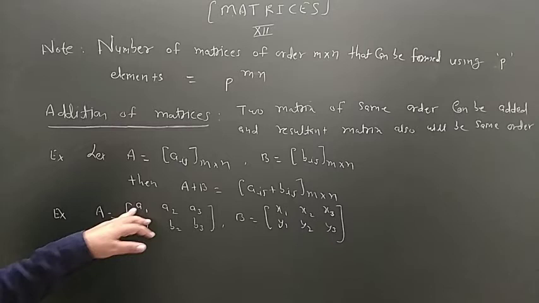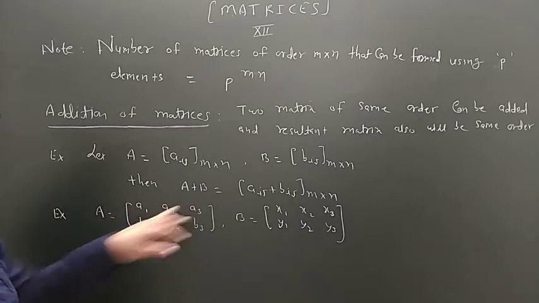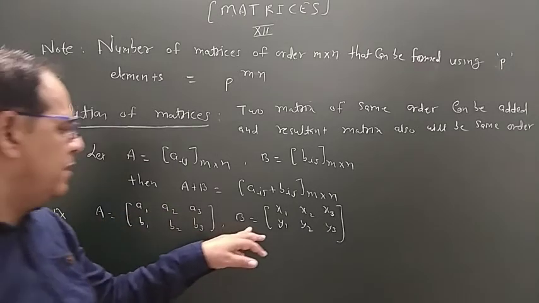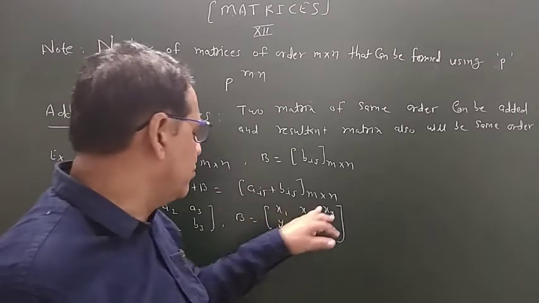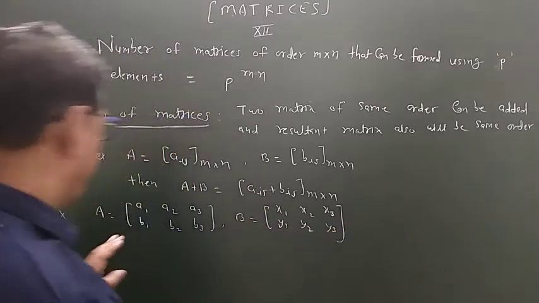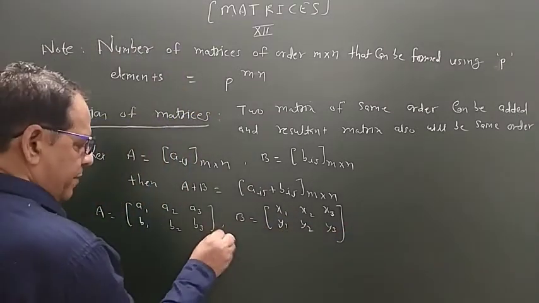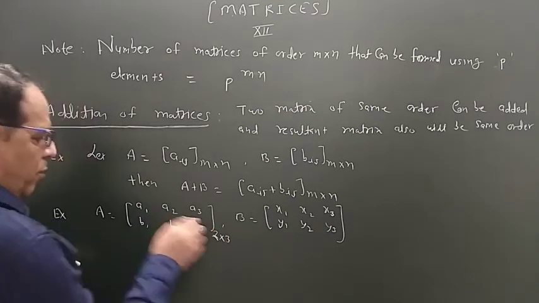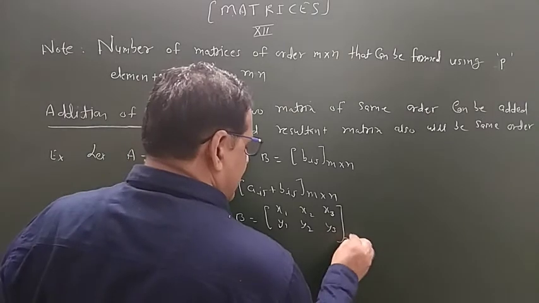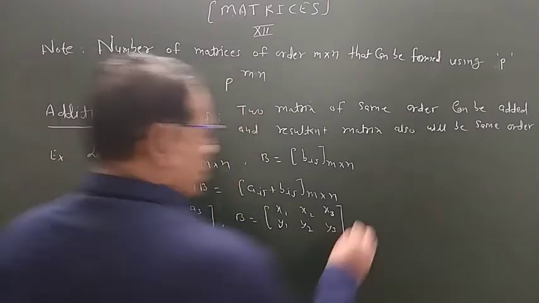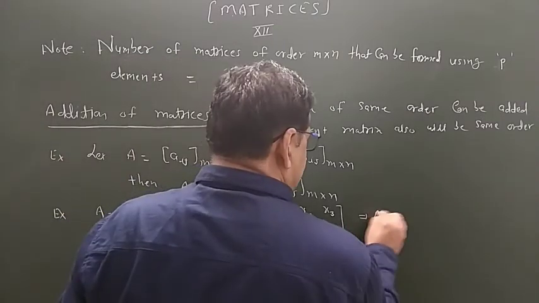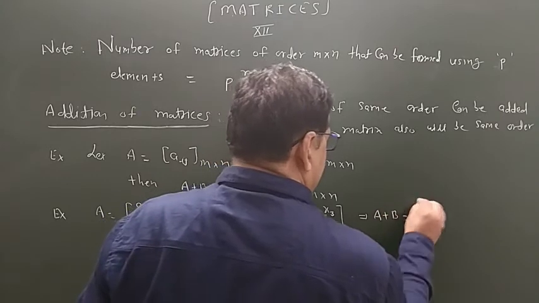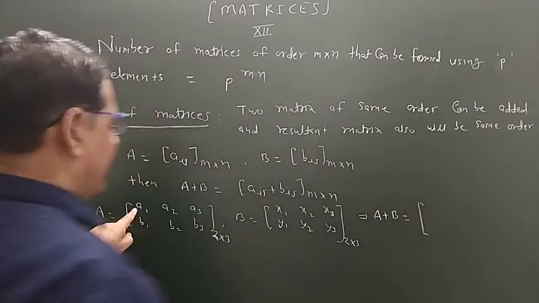One is A, whose elements are A1, A2, A3, B1, B2, B3, and the second is B, whose elements are X1, X2, X3, Y1, Y2, Y3. The first matrix is of order 2 by 3 because the number of rows is 2 and the number of columns is 3. Similarly, the second matrix is also 2 by 3. So now the addition of A plus B is given by